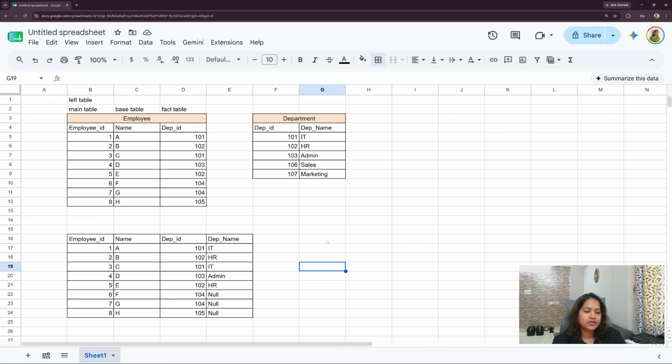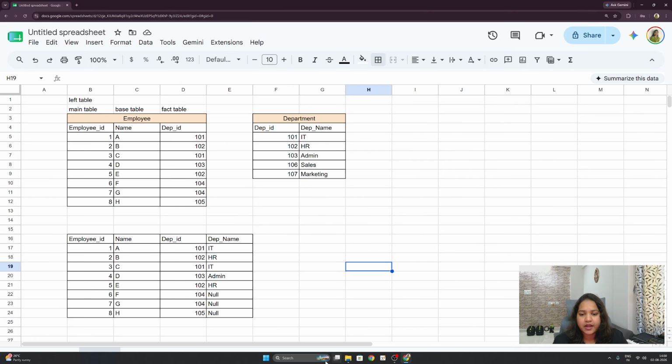In interviews, they'll ask you, can you explain left join? Then what you will say: in left join, all the left table records will come in the output along with the matching records from the right table. If there are no matching records, then it will give null. So in the left table, whatever records are there, all of them will come here, plus matching records in the right table will come. If there are no matching records, null values will come. So this is your left join. This is the concept.